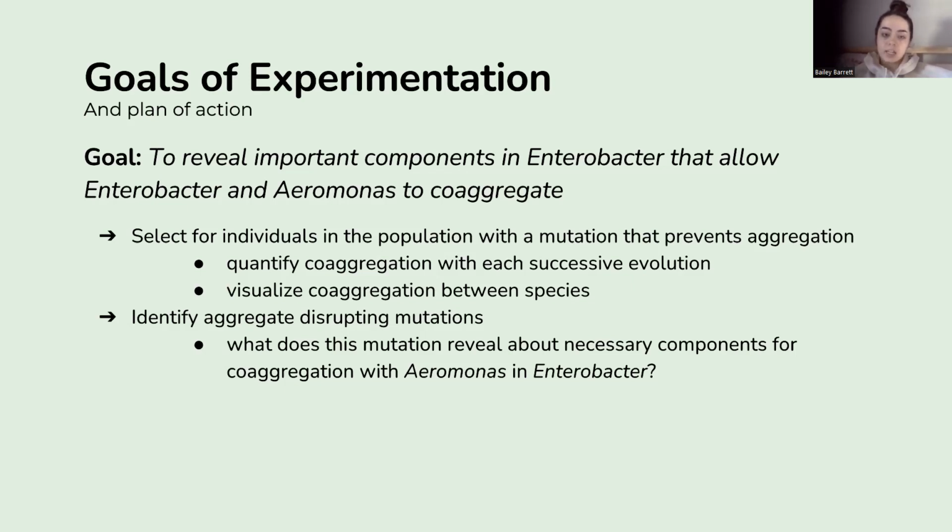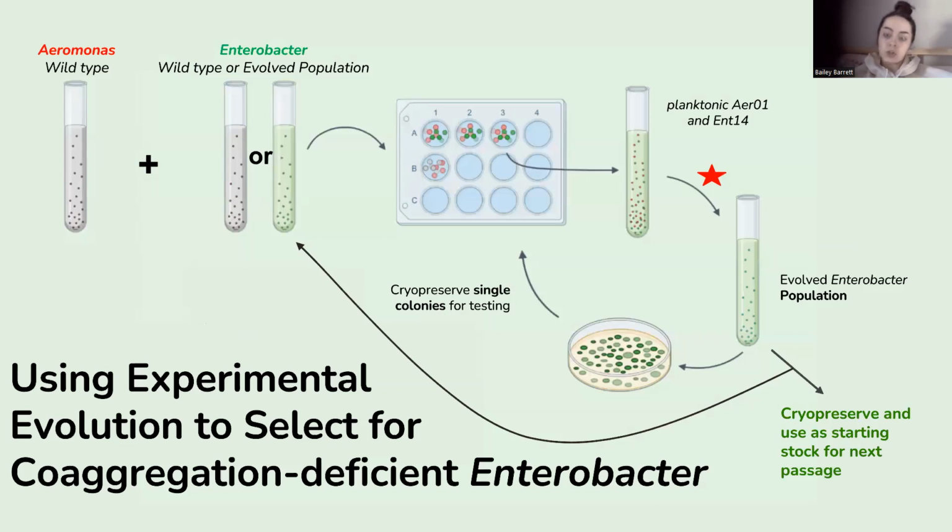To do this, I needed to select for individuals in the population that could no longer co-aggregate. Then I also needed to identify what the mutation was actually doing and if it was relevant to co-aggregation. To do the first half of this, I